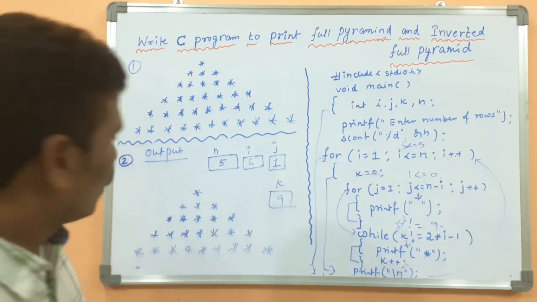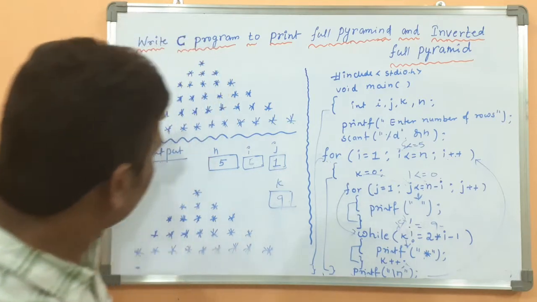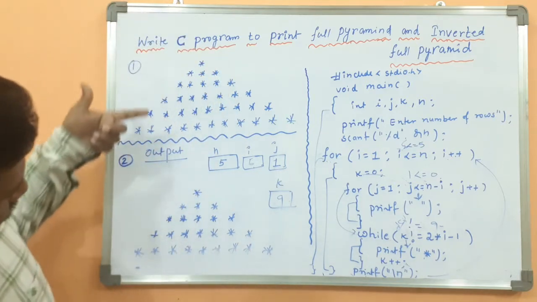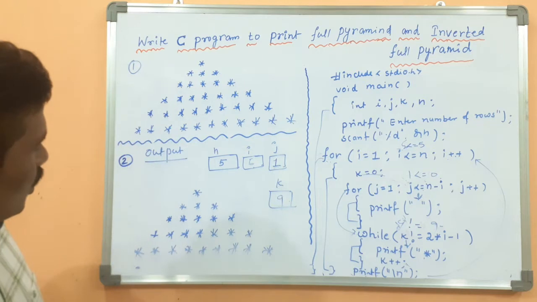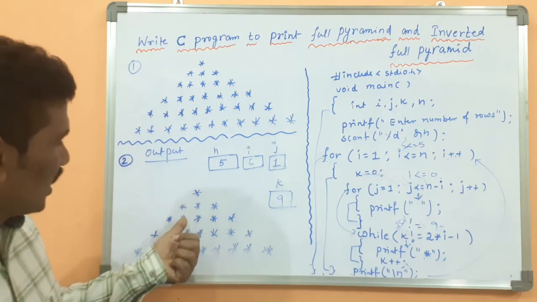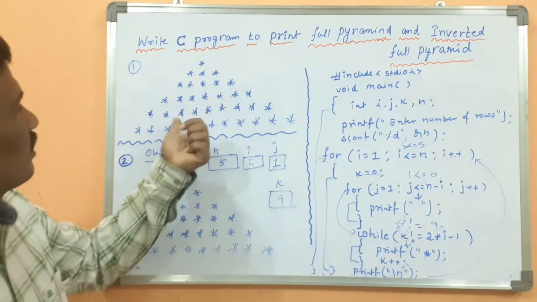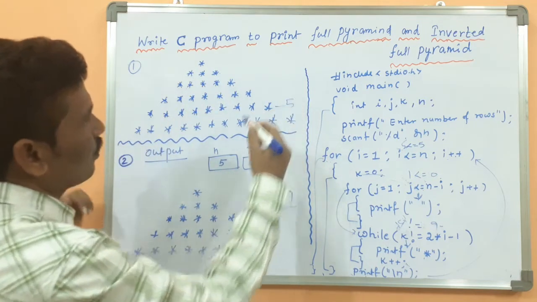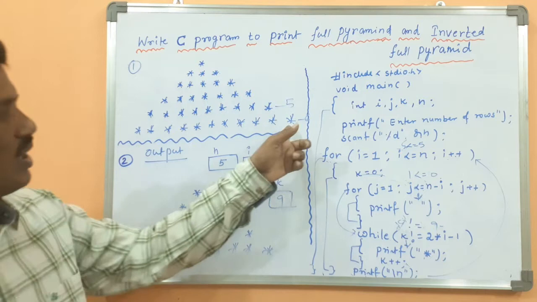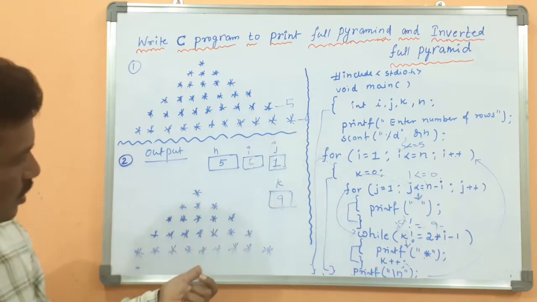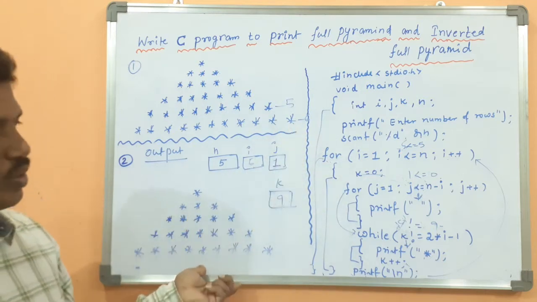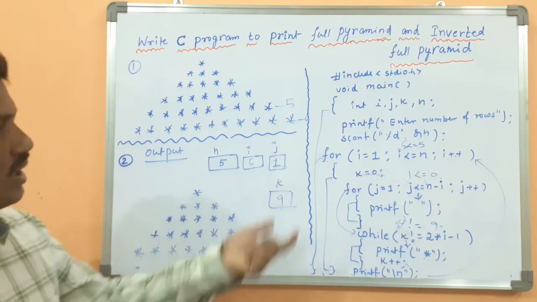Look at here whether it is getting the same output or not. How many rows? 1, 2, 3, 4, 5. Here also 1, 2, 3, 4, 5. But I have taken only up to 5. If it is 6, this will also be displayed. The same output as displayed on the output device by using the nested for loop.